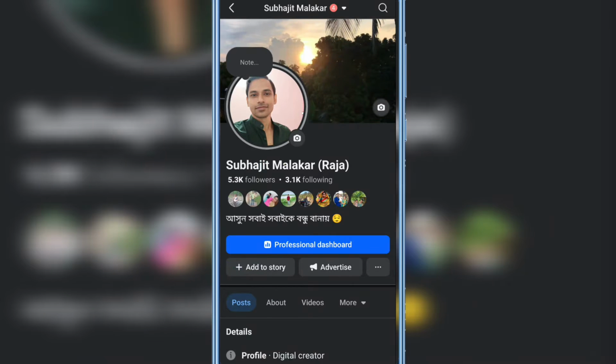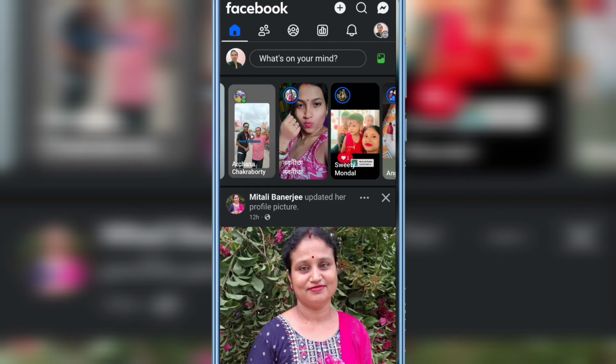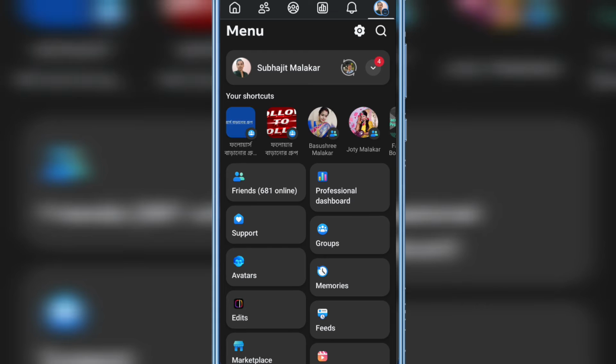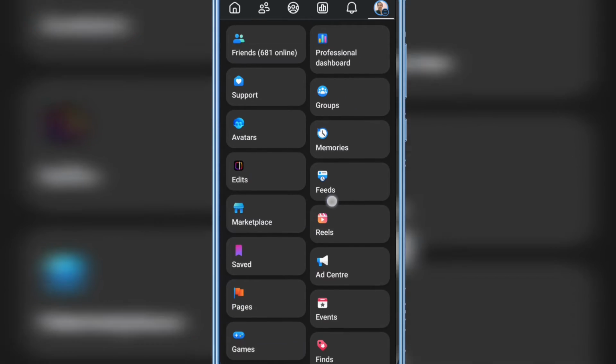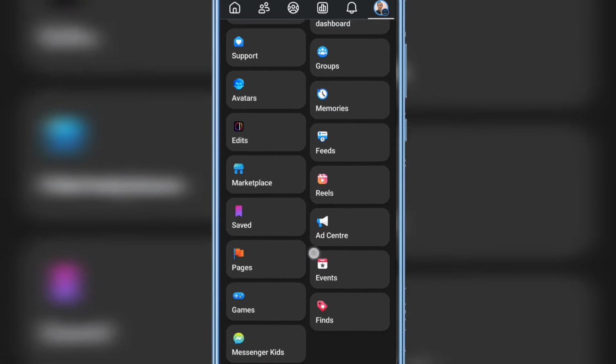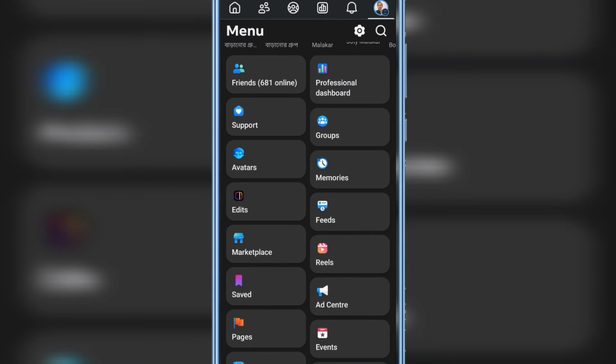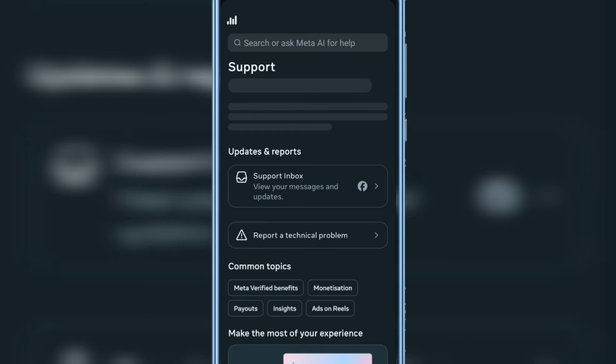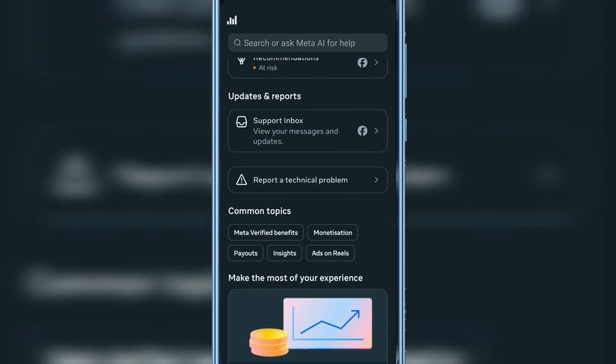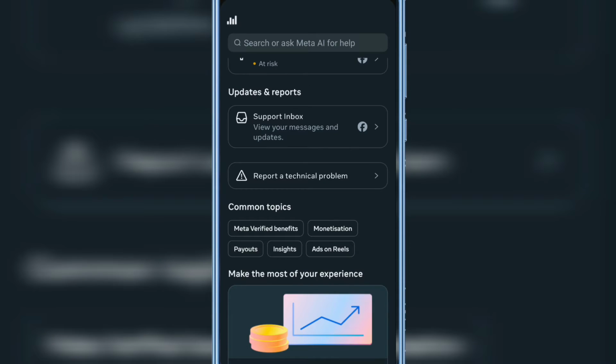So open Facebook account, then click profile picture icon on the top right corner, then scroll down, and here you will see support option. Just click support, scroll down again, and you will find support inbox. Just click arrow next to the Facebook icon,